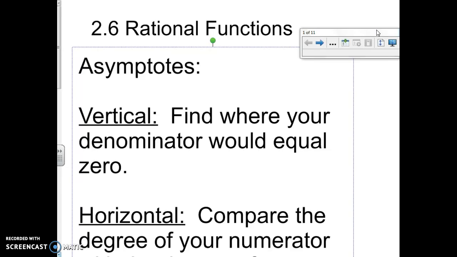So this is Chapter 2, Section 6, Asymptotes, and